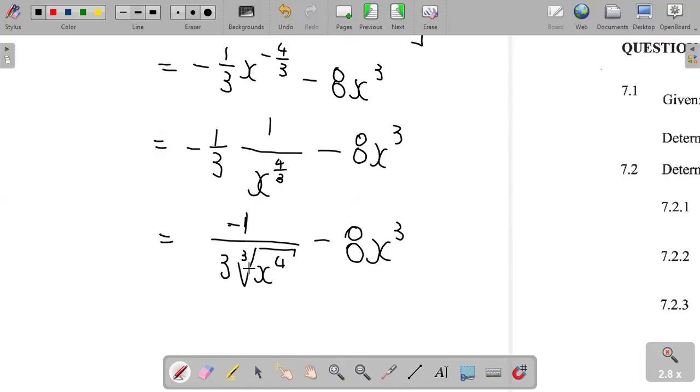So you can leave it here in negative exponents, or you can leave it here as in surd form. Okay? In surd form with radicals, and positive exponents. Okay? Now, and then the next one,